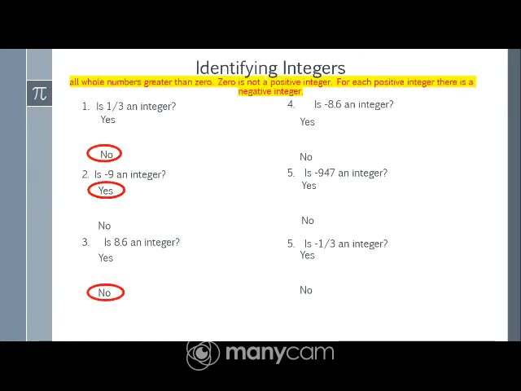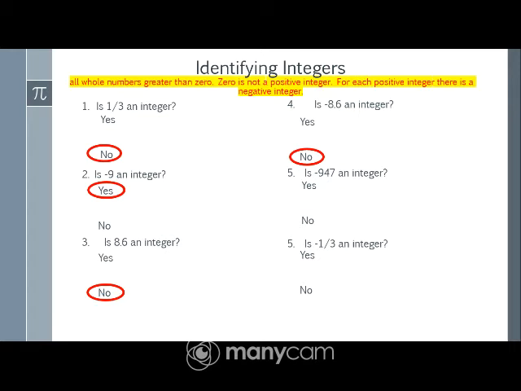Keep going. Is -8.6 an integer? Yes or no? No, you're correct. It is a decimal. So number 5. Oops, there's 2 number 5s, guys. Actually, number 5 and 6. But number 5 is